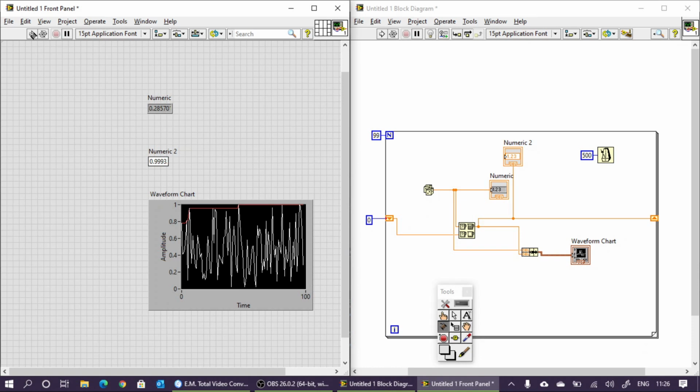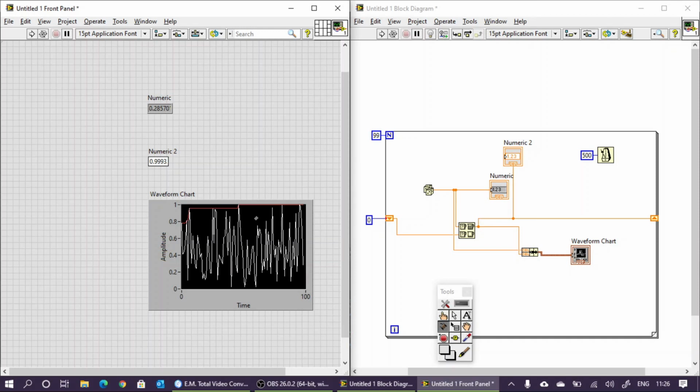Okay. So I am stopping here. So this is the way that we have to follow. Please note the waveform chart.